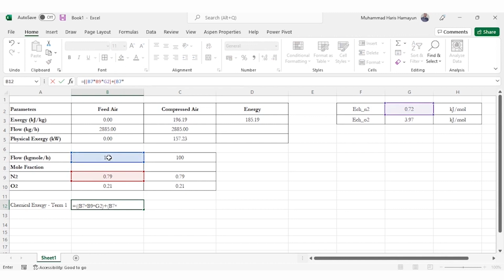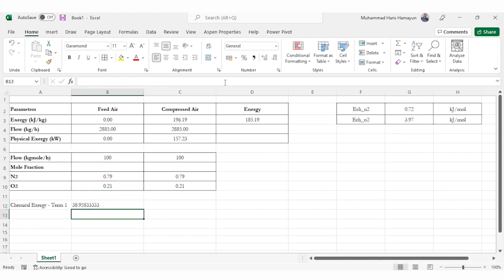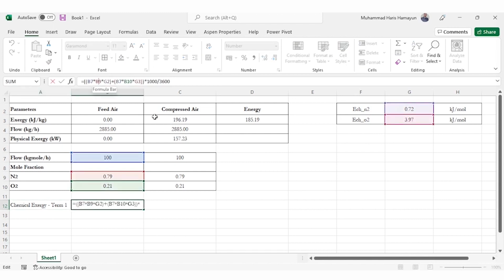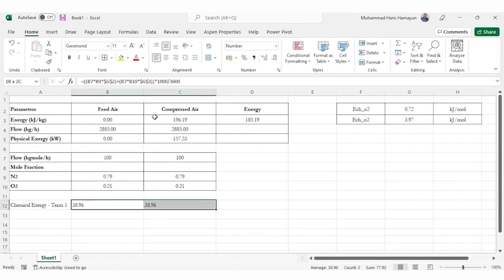So flow rate multiplied by the composition and multiplied by its relevant chemical exergy. Again, calculating it, and now you can multiply it by 1000 and divide by 3600, converting it to a number and making sure that once you drag it, the terms do not change. So applying or fixing this G cell as well. And now you can simply drag it, and obviously the chemical exergy for these two will remain the same,